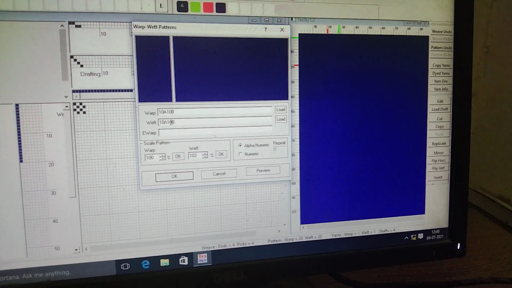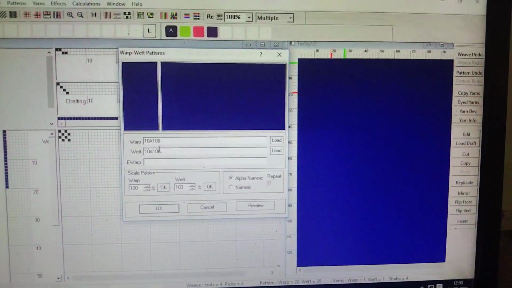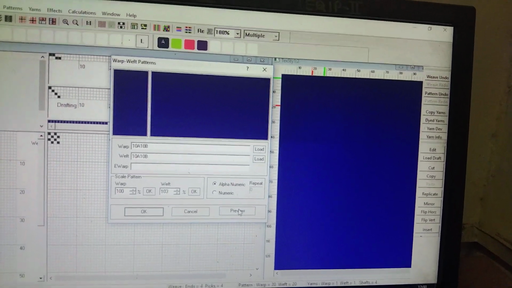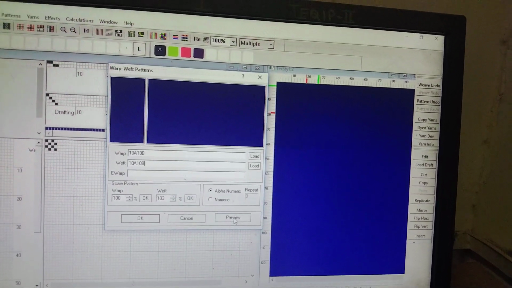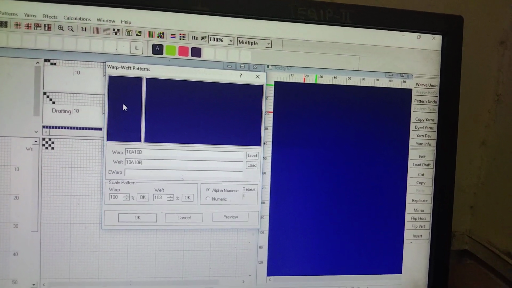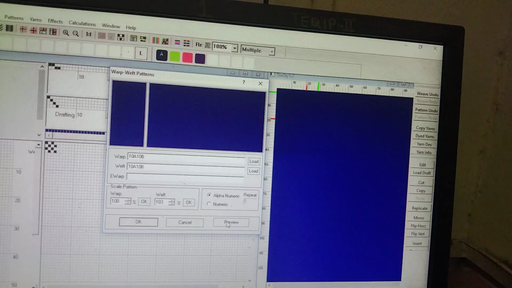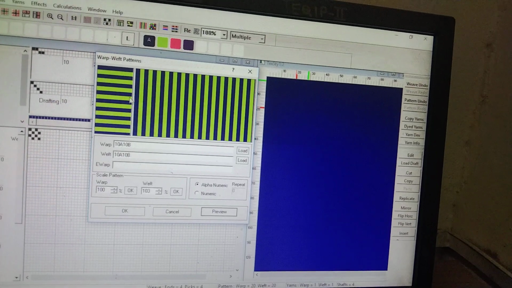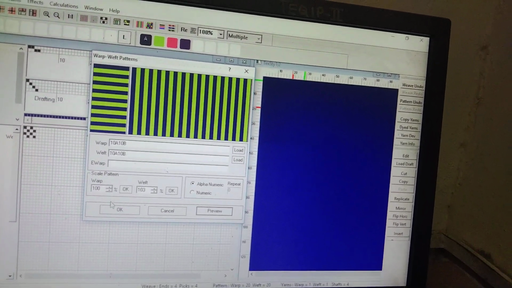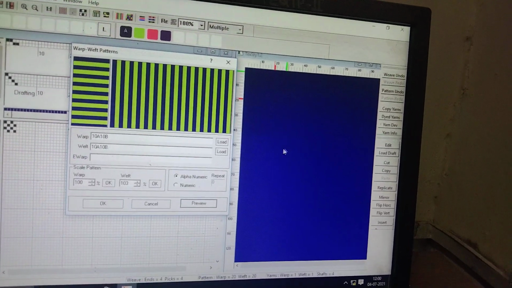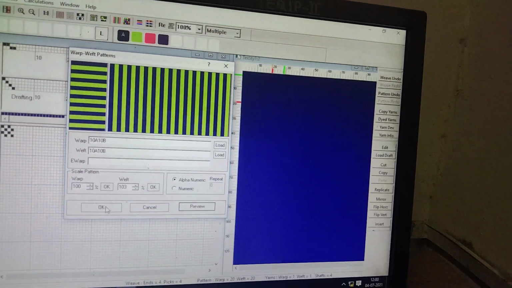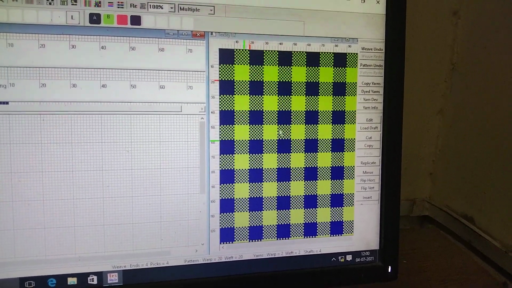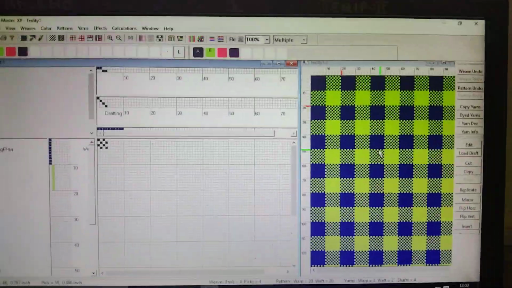This is a facility: if your repeat is in a large size, you can go and take repeat. Now go for preview. As I click on preview, this is the warp view window and this is the weft view window. Separate patterns will be there. Though this is a symmetrical pattern, this shows the symmetrical. As I click on OK, the fabric view window gives the interlacement, or fabric view, of this fabric. So this is the working of this software.